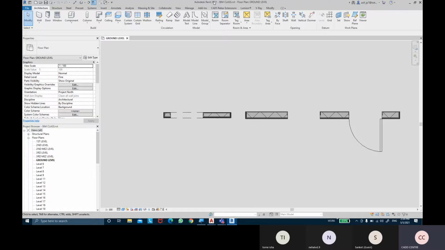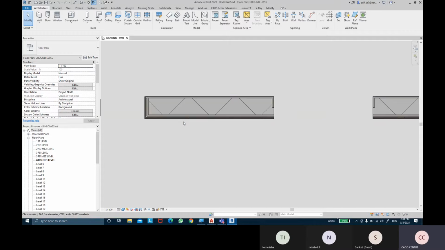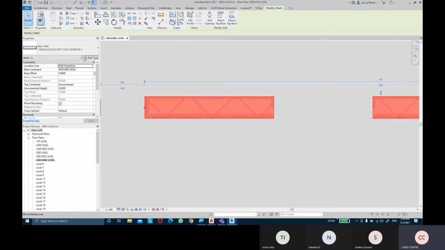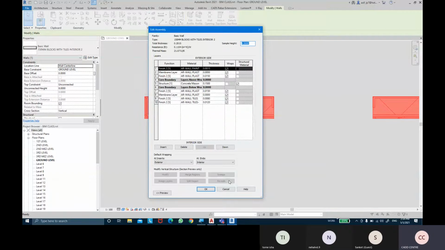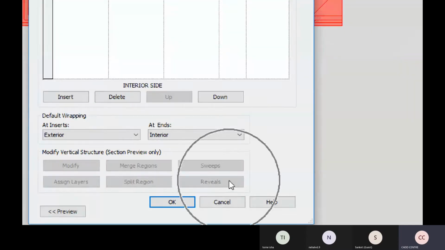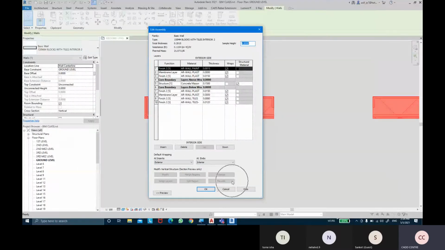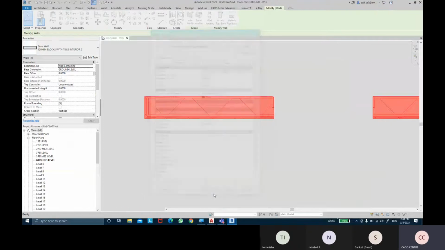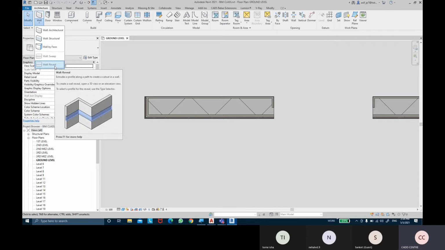There are two methods to do wall reveals and sweeps. One is when you select the wall, come into the edit type, and then the edit structure, you'll find this option in the edit assembly, that is reveals and sweeps. That's one way. The second way is if you come into the architectural tab, under the wall option you'll find sweep and reveal. So wall reveal is generally if you want to create a cutout in the wall,